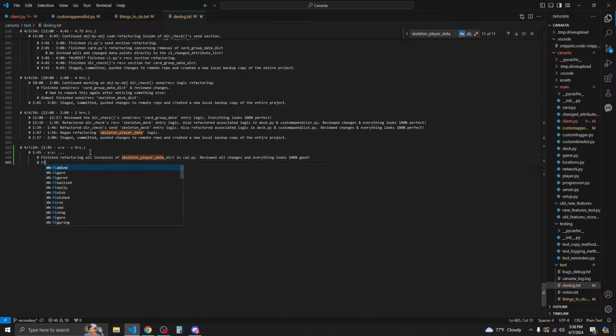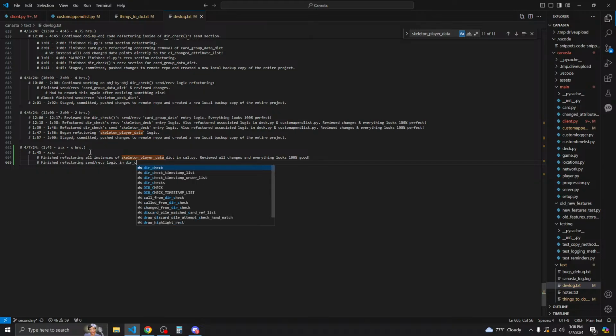Alright, finished refactoring send, receive, logic, enter, check for skeleton player data date.